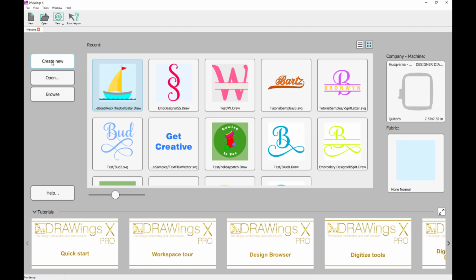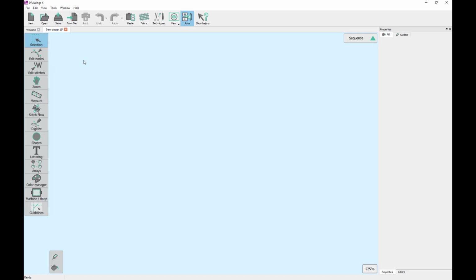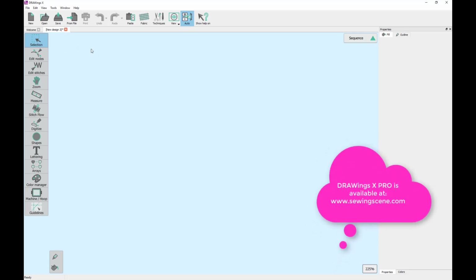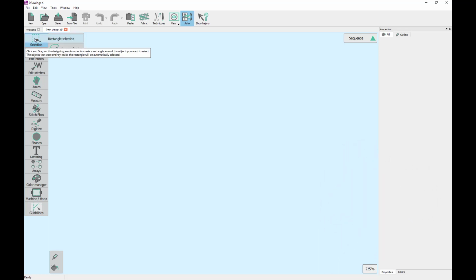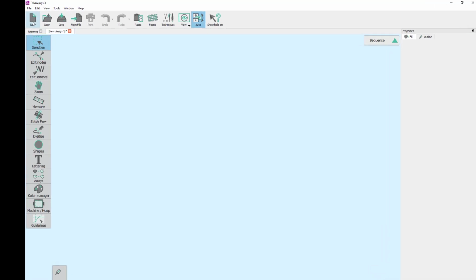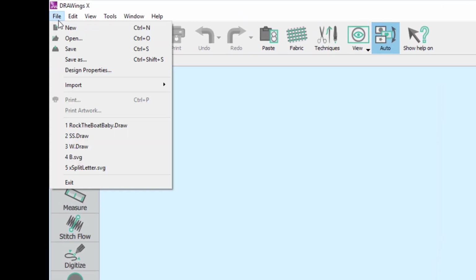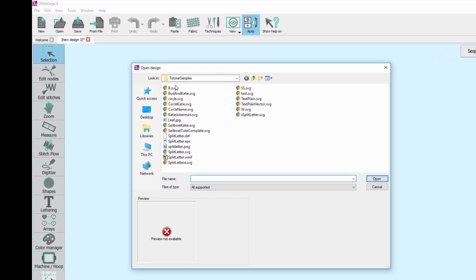So let me go ahead and select Create New. This particular software is available on my website. If you are looking for a really easy stitch creation program, it is unlike anything I've ever used, so I'm loving it. I am going to go ahead and go to the File menu, select Import, go to File, and the file I want to import is the